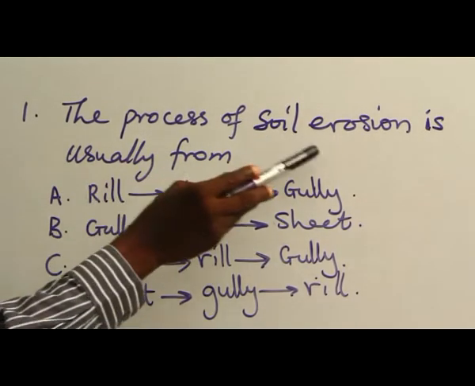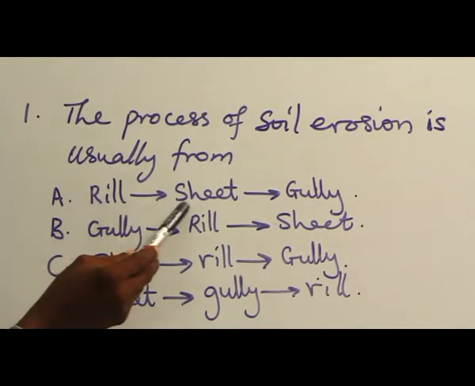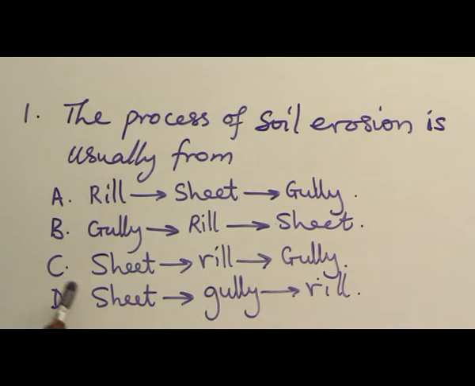The process of soil erosion is usually from A, rill to sheet to gully, B, gully to rill to sheet, C, from sheet to rill, from rill to gully, D, from sheet to gully, from gully to rill. This particular question is trying to examine whether we know the stages of erosion from a mild one to a